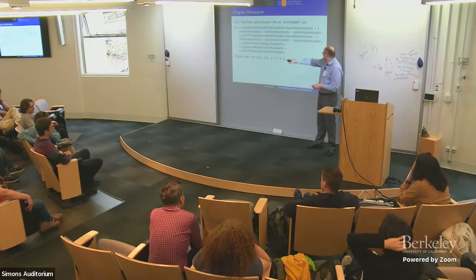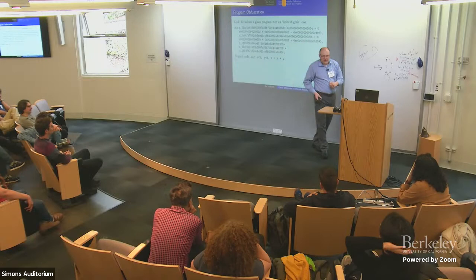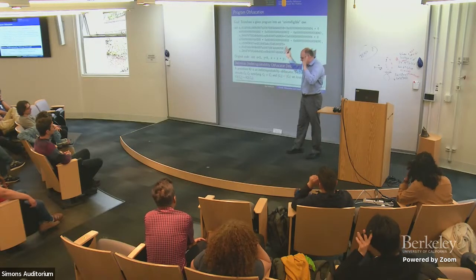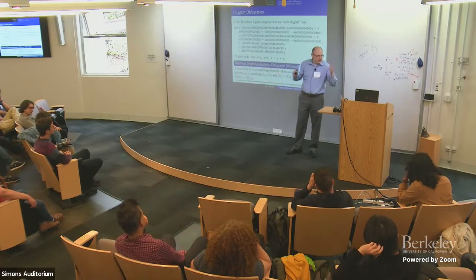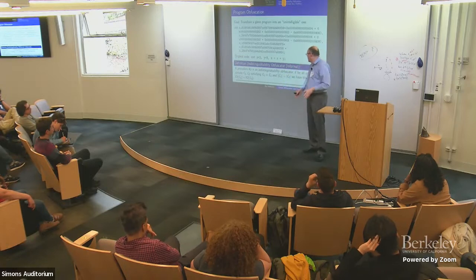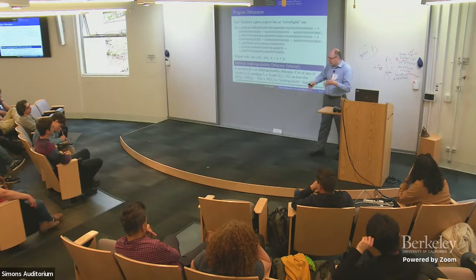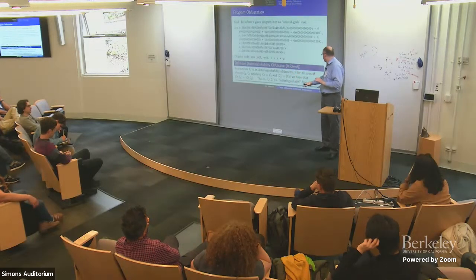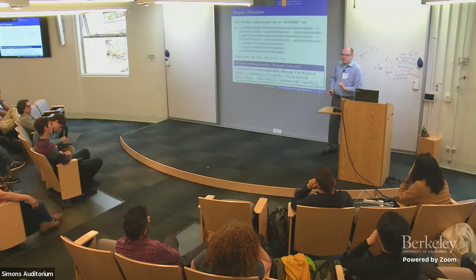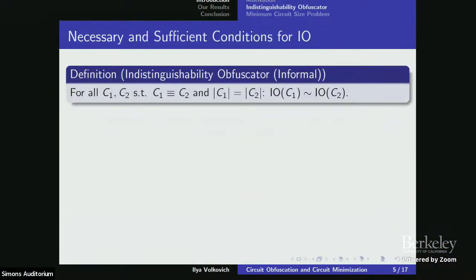If you take this line of code in C++ or Java, it's equivalent, but more broadly, what we want is some kind of procedure which takes circuits and transforms them into other circuits, with the property that if you take two circuits that have the same size and functionality, and you look at their obfuscations, they're indistinguishable. Basically, you cannot distinguish them, and I'm going to talk about this more precisely in a minute. That's the thing that we're exploring. And again, thanks, Rachel, for the great introduction. So let me talk a little bit more about this.